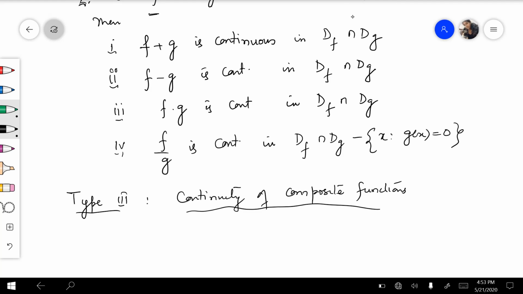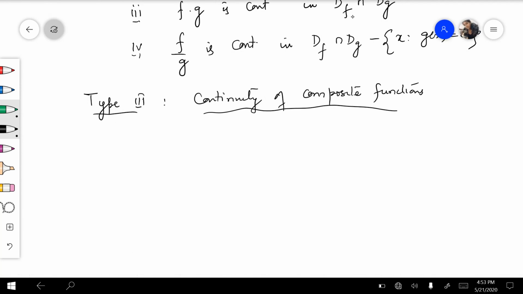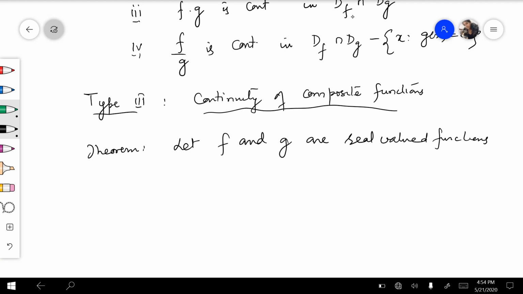So before we discuss the examples based on this one, let us consider a theorem. Let f and g be real valued functions such that composition of g with f is defined,